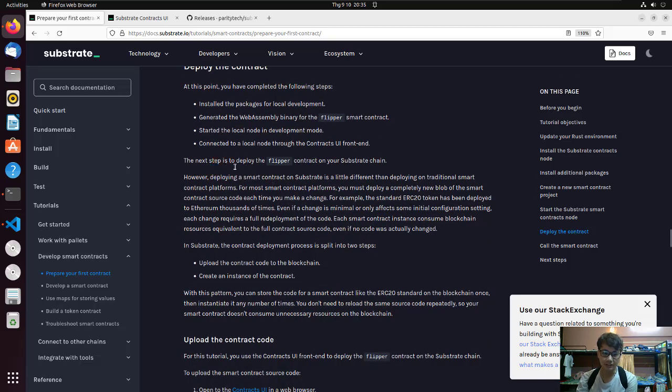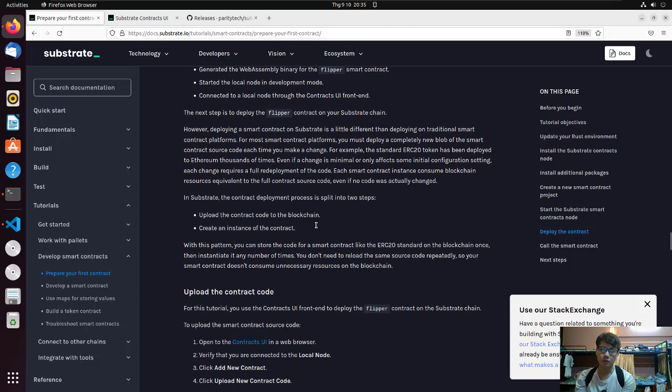The next step is to deploy the Flipper contract on your Substrate chain. However, deploying a smart contract on Substrate is a little different from deploying on traditional smart contract platforms. For most smart contract platforms, you must deploy a completely new block of the smart contract source code each time you make a change. For example, the standard